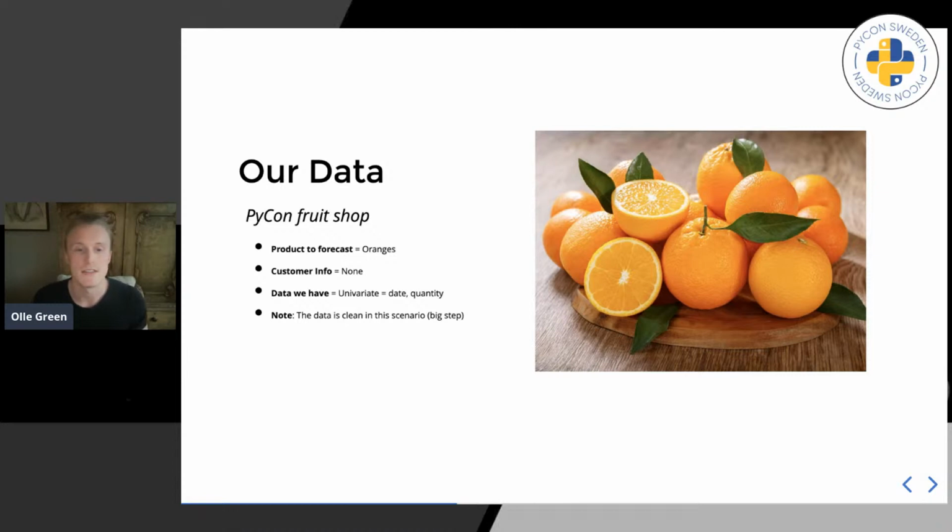Something worth noting here is that in a very big time aspect, usually data cleaning and pre-processing is a big part of time series forecasting. For example, if you're missing a value, you might take the missing value as the mean between the two previous values. There's multiple methods and ways of basically filling in empty values. What we have in this scenario is just clean data. So we're having a little bit of lucky coincidental data here, so we can just dive into the more interesting areas, which is the modeling and the deployment parts of time series forecasting.